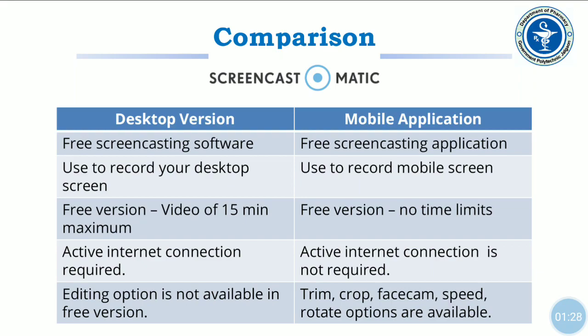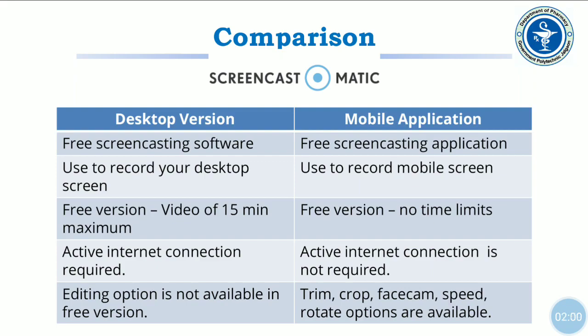But if you use the Screencast-O-Matic mobile application, it is used to record mobile screen, and by using this application there is no time limit for recording of your mobile screen. One of the most important features of this application is it does not require an active internet connection.